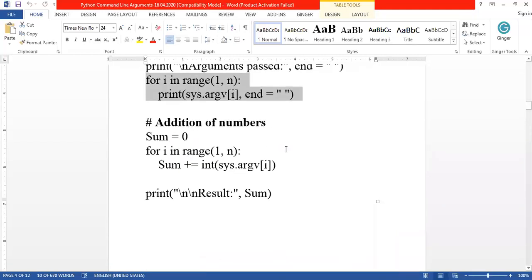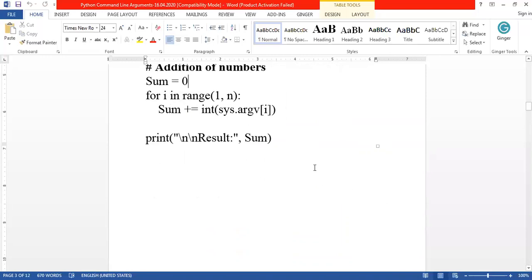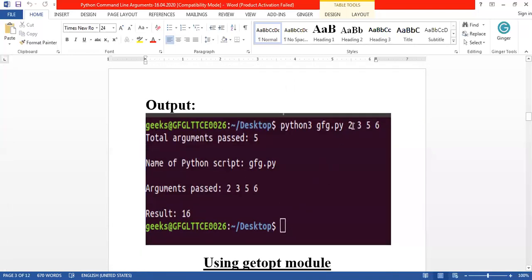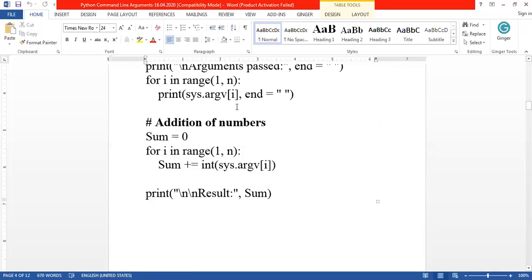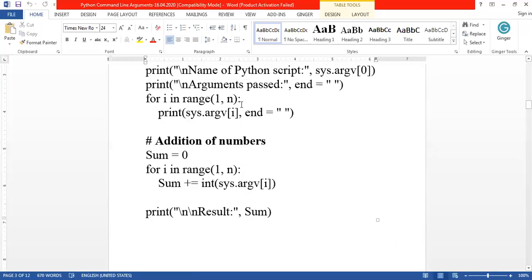So if you want to compute the sum of the numbers that are passed at runtime: whether you specify a number, a character, a string or a floating point, it always reads the input as a string. If you want to store it as an integer, you have to convert the string into an integer. By default, all command line arguments are of data type string. If you want to add, you can add only numbers. You cannot add characters or something like that, right?